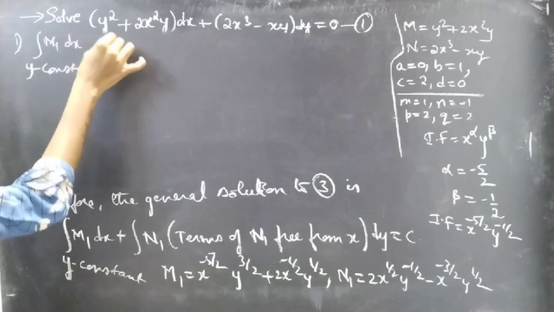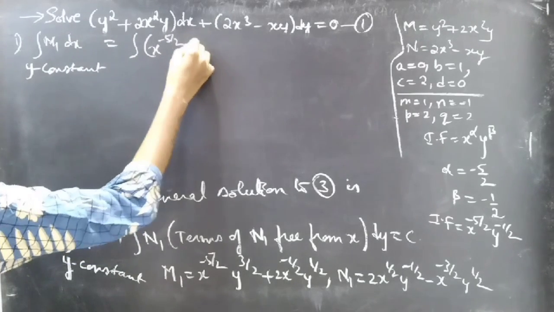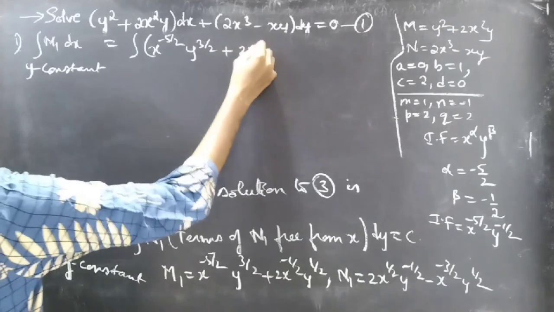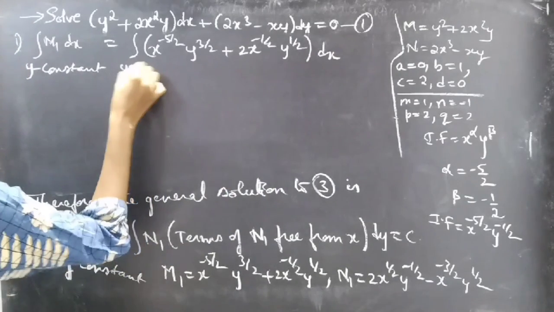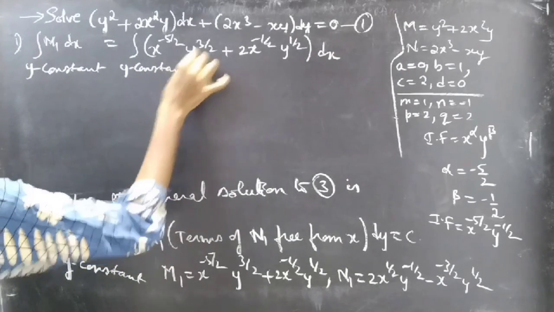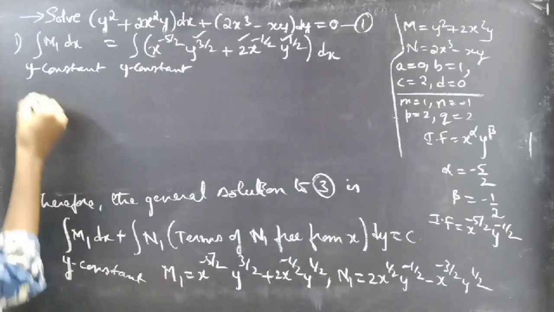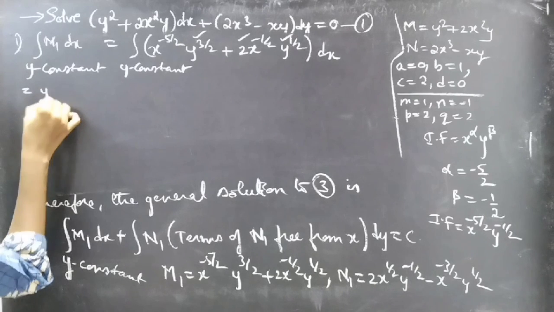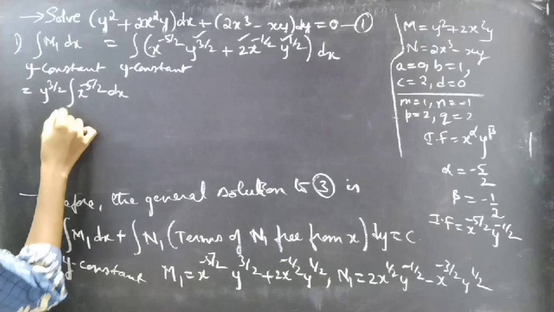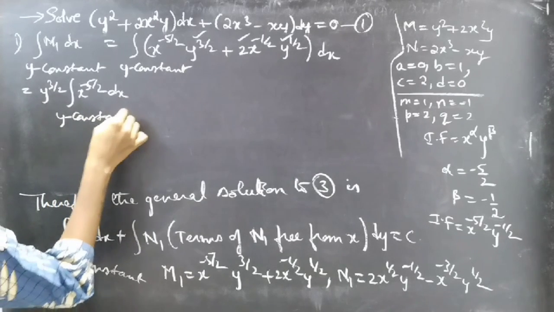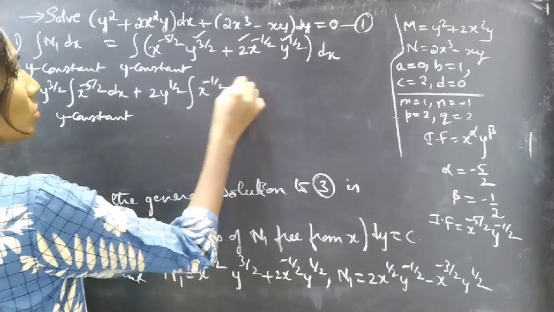Integral m1 dx treating y as constant, this equals to integral of x power minus 5 by 2 y power 3 by 2 plus 2x power minus 1 by 2 y power 1 by 2 into dx treating y as constant. So in the first term y power 3 by 2 is constant, in the second term 2 y power 1 by 2 is constant, right? So let's write the above integral as y power 3 by 2 into integral x power minus 5 by 2 into dx plus 2 y power 1 by 2 integral x power minus 1 by 2 dx,